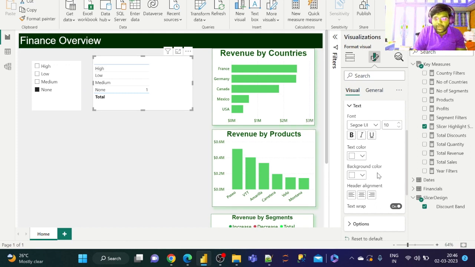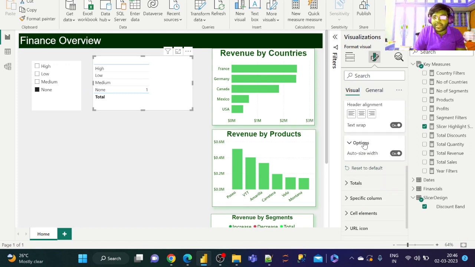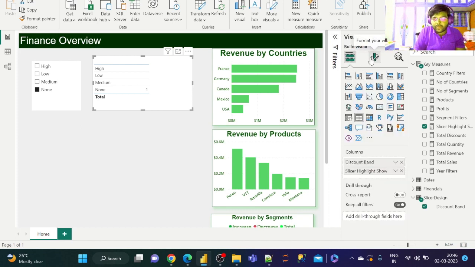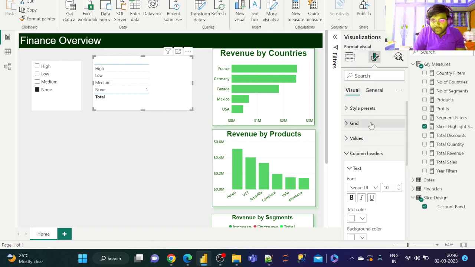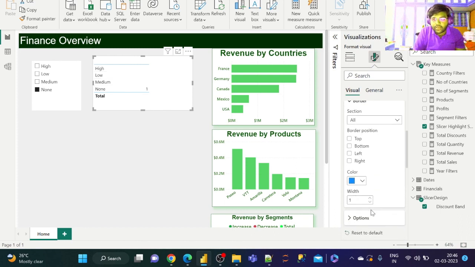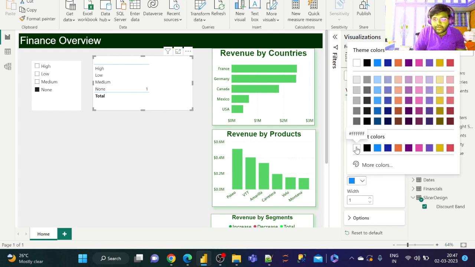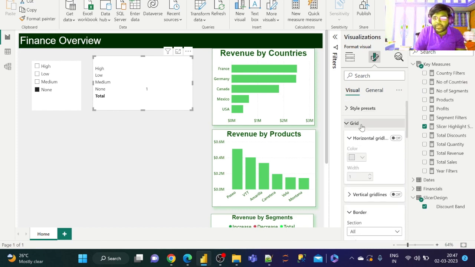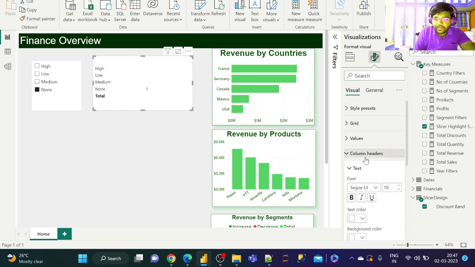Okay, now let me go ahead and remove the border as well. Let us go here and remove the grid lines and then go to border and make sure that it is white, and then let us remove the totals as well. All right,